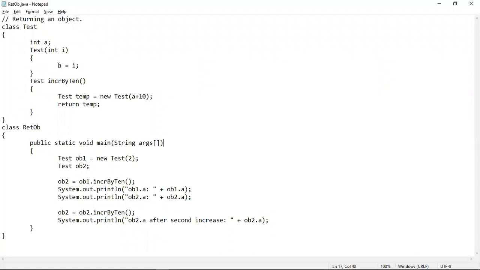Here, by returning the object, we are actually returning the value of the instance variable a, which is an integer value. So this is how we can return an object, by returning the value of a particular class type in Java, along with returning normal primitive type variables in Java.